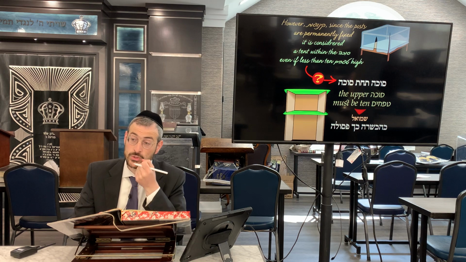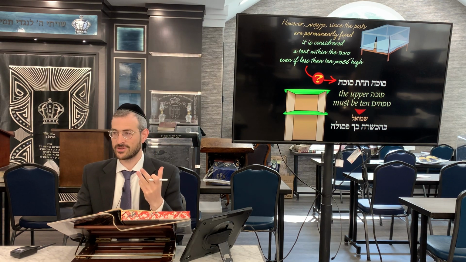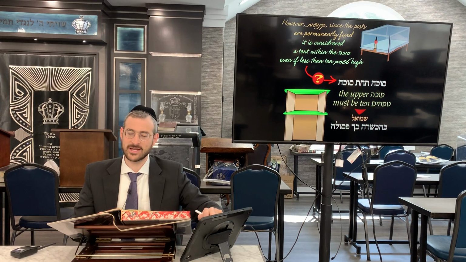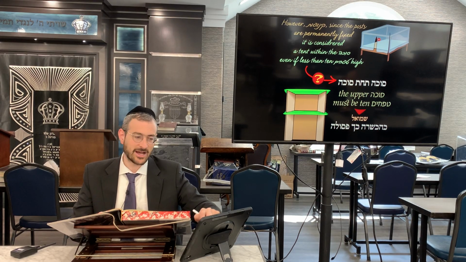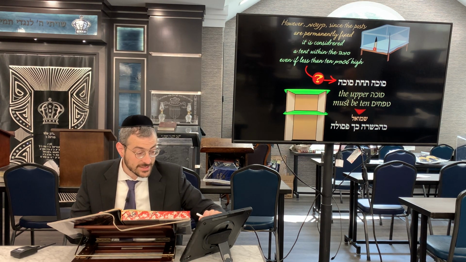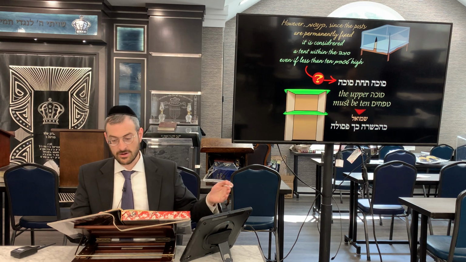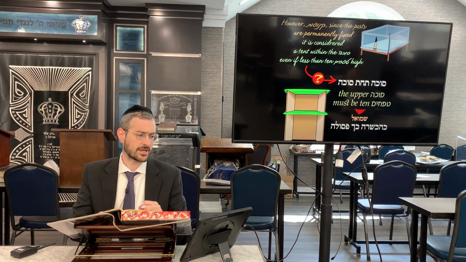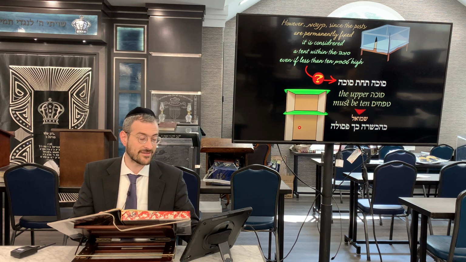Meaning to invalidate a sukkah, it's got to be a sukkah. It's got to be 10 tefachim. But we're not invalidating a sukkah here when you're in the canopy. The rest of the sukkah is kosher. The guy with bunkmates right next to you, sleeping on the floor, he's in a kosher sukkah. You, for yourself, in this, less than 10 tefachim could also be an oil if it's a permanent thing, and that's not difficult from here where you're trying to invalidate the lower sukkah.